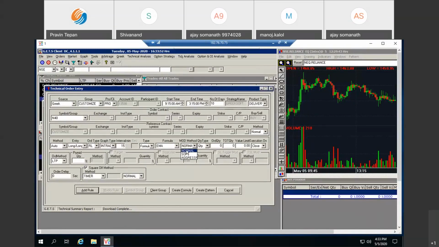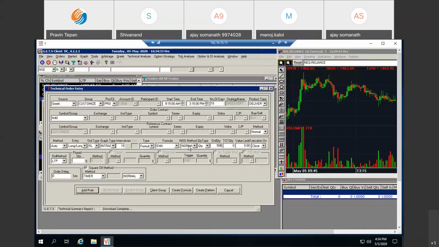So let's suppose whatever settings I have done in normal, I want to select here. So normal is there. Now the next thing is quantity. In quantity, two options are there: the order quantity and total quantity. Order quantity is how much quantity you want to place per order. So let's say 500 is my order quantity. As soon as the EMA crossover is done in any script or any number of scripts, 500 quantity will go for the order. 500 quantity will be placed. After the entry, it will look for the exit.